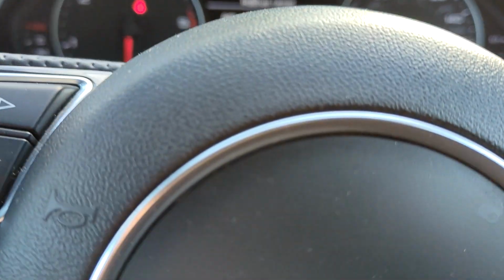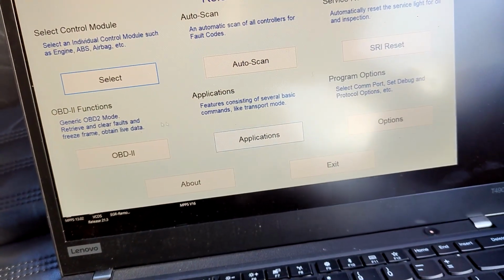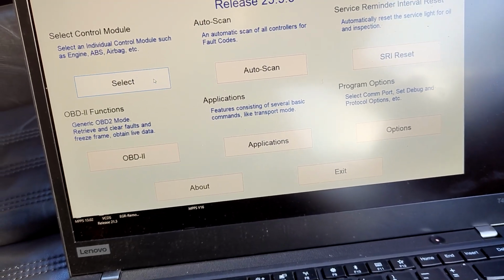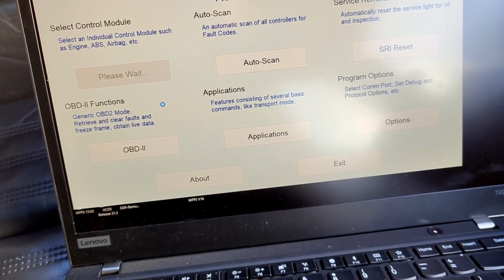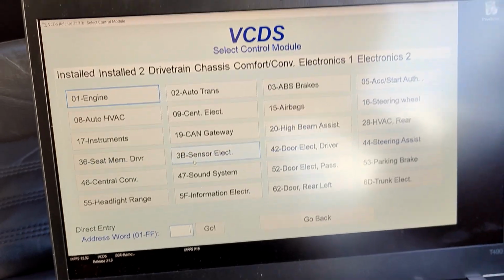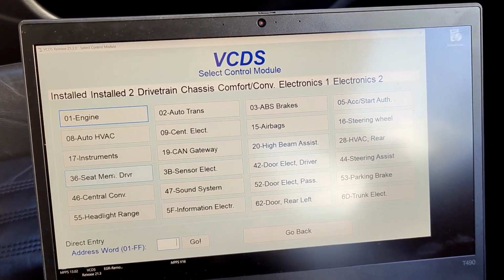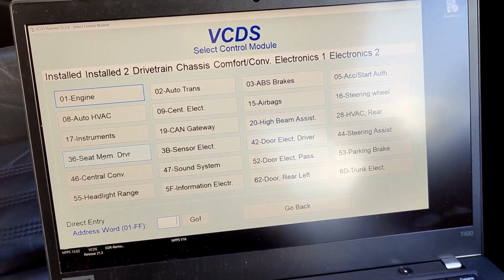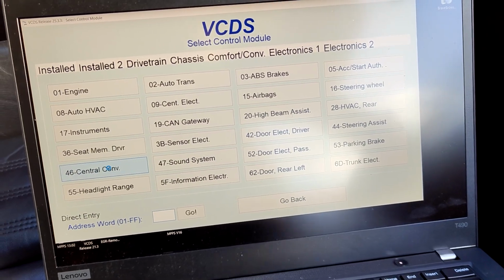What you want to do is fire up VCDS. This is on a C7 A6, by the way. And then actually it's a C7.5, but I'm assuming it'll be the same for a C7. So you're going to go to central convenience,